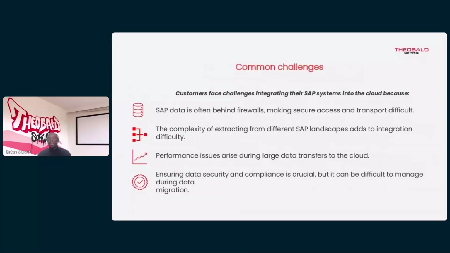So let's go ahead and look at addressing some of the common challenges businesses face when managing data and how we can resolve them with our tool suite to simplify and automate these procedures. As you can see on the first point, SAP data is often behind firewalls, making it very difficult to not only access but transport that information. So our tools provide a secure transport protocol, leveraging encryption, secure tunnels, as well as authentication processes that comply with